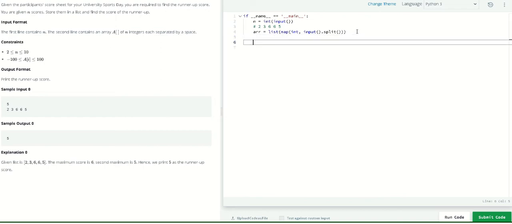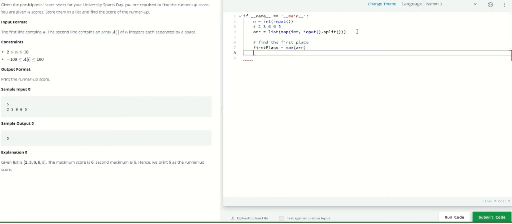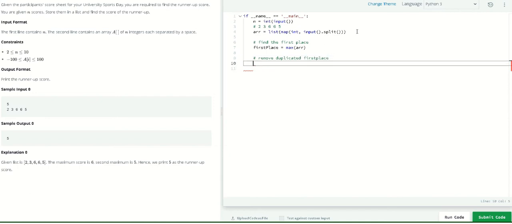After that, we will have to find the first place. So first place will be something like this, the max of the array, right? So that will be our first place, and after that we will have to remove the duplicated first place. So basically, if it's not duplicated, then it will just remove the first place. So, while the first place is in the array,